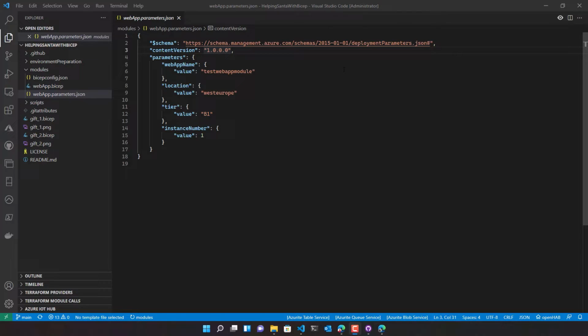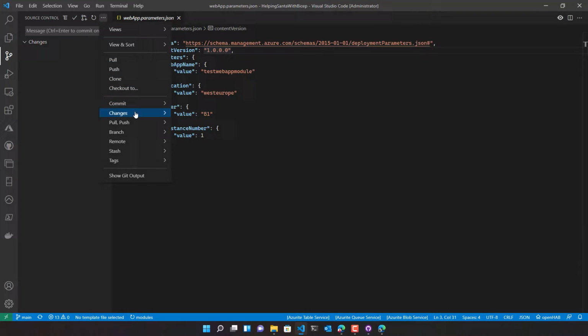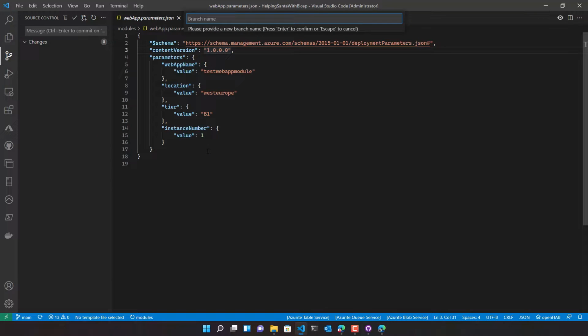Let's see how it works. First of all, let's create a new branch for one of our elves, and let's name it elf1.